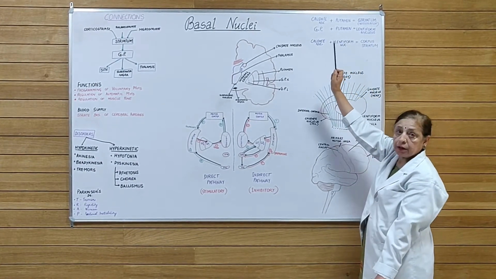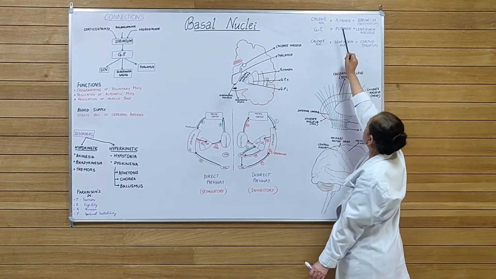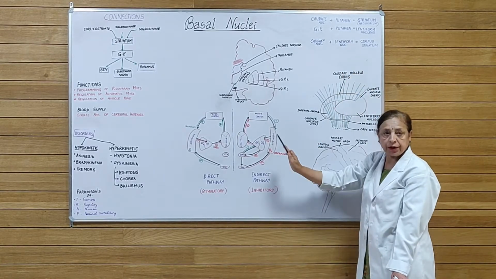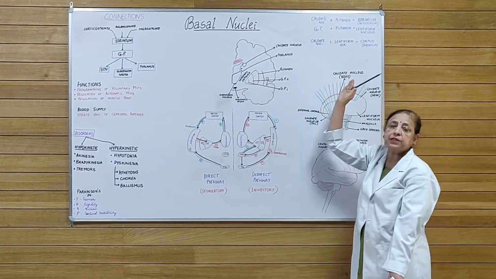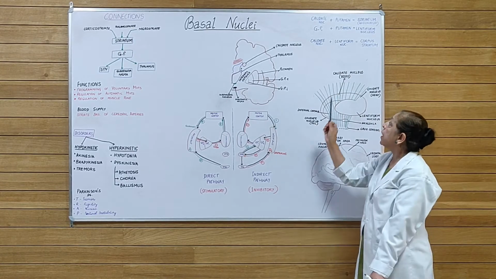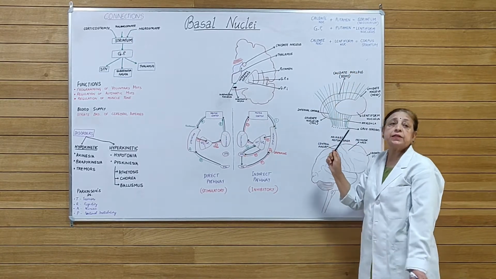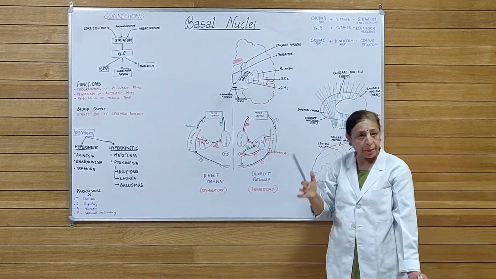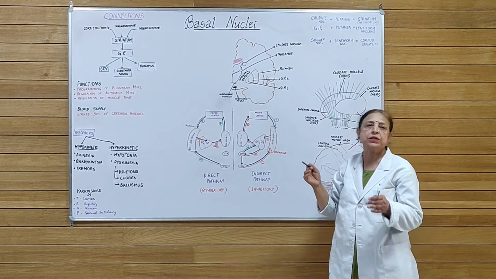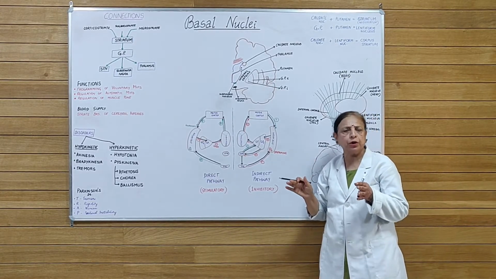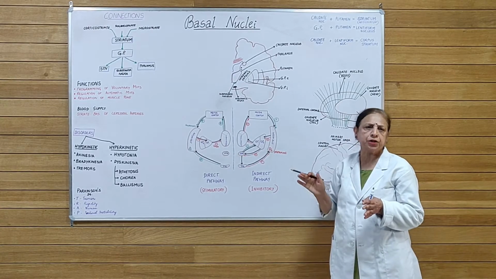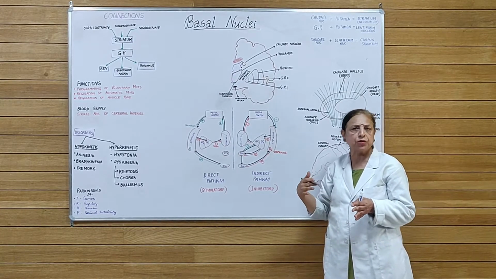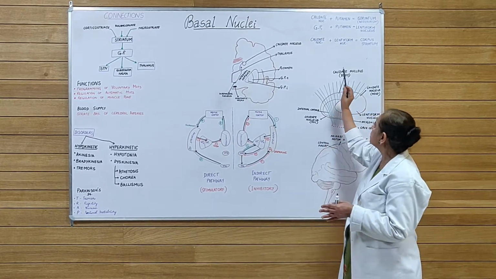For all practical purposes, the caudate nucleus and the putamen are functionally related and the globus pallidus is separate. Okay? Now, the globus pallidus is so named because it appears pale. Why does it appear pale? Because it consists of large multipolar neurons and heavily myelinated fibers. And it is the myelin which reflects light, therefore it appears pale.